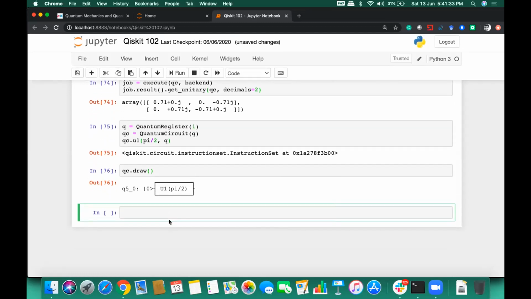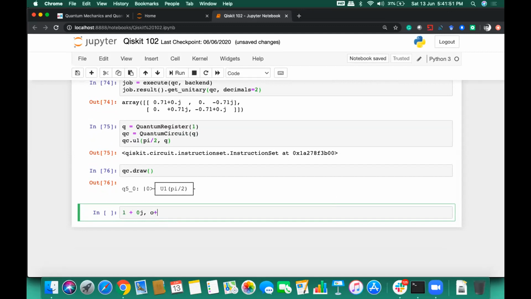Another gate we have is the identity gate, which has diagonal 1 values. If you're drawing a circuit for the identity gate, it will be represented by something like this: 1 plus, I mean, 1 is the real part and then the imaginary part, comma.